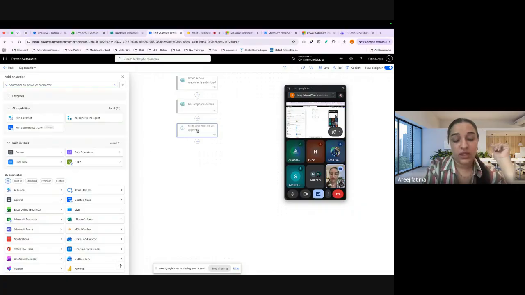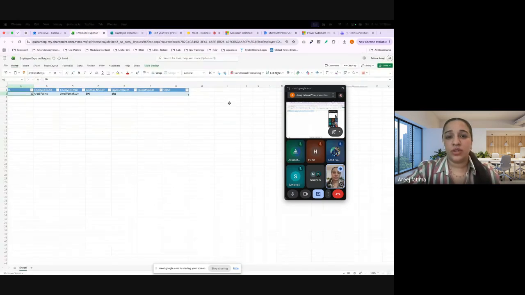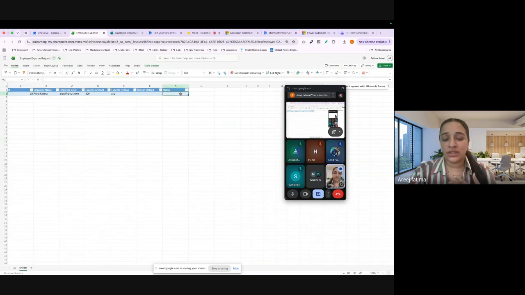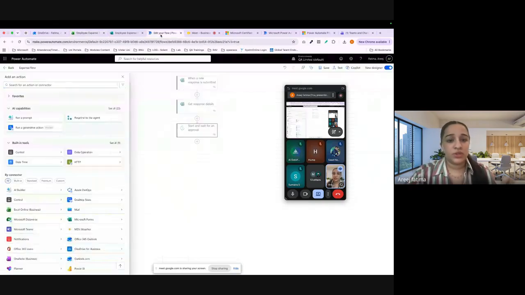Because this is the approval, I need to define if that outcome is equal to the approval. Any type of output and the status needs to be updated from here. Currently you can see this is my output, but inside the status I have nothing because this one is not approved yet. So the current scenario is if that output is going to be approved, my Excel sheet needs to be updated and an email is going to be sent to the employee. This is the one scenario.